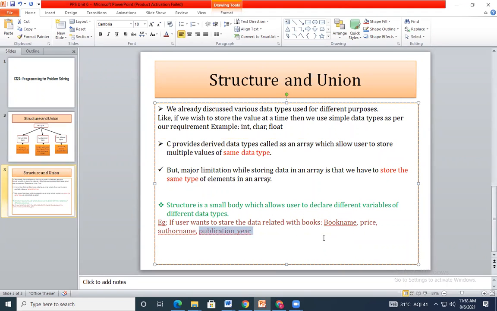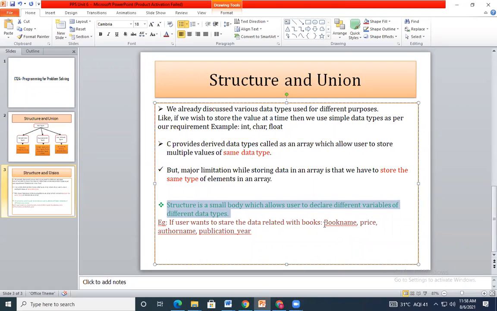This will be like, you can say, a hectic task, right? Now the structure, again go to the definition. Structure is what? Is a small body which allows user to declare different variables. म्हणजेच काय, एका बॉडी मध्ये तुम्ही वेगळ्या वेगळ्या टाइपचे व्हेरिएबल्स आणि वेगळ्या टाइपचे डेटा टाइप्स हे तुम्ही डिफाइन करू शकताय.